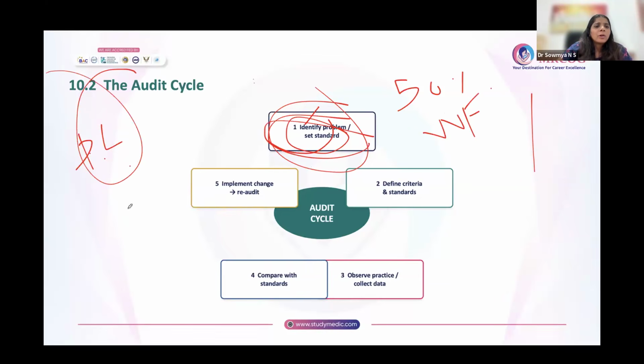So, and of course, there are a lot of other people who work for them. Once you have decided, for example, if it is cesarean section, increased incidence of cesarean section, you are looking into what are the things you are looking at. You are going to look into the indications of cesarean section, for example. So you have formed a team, you are going to collect, and then you are going to look into, if